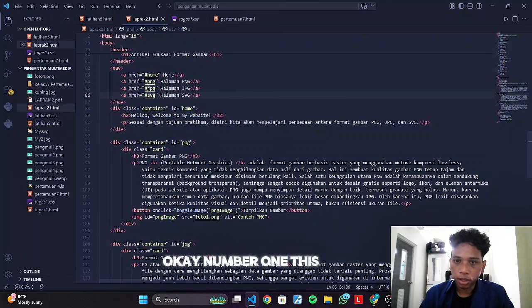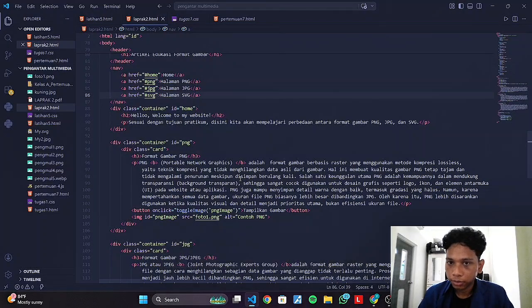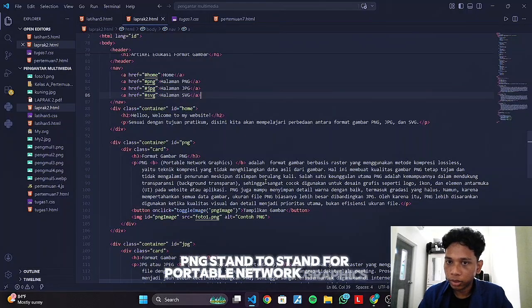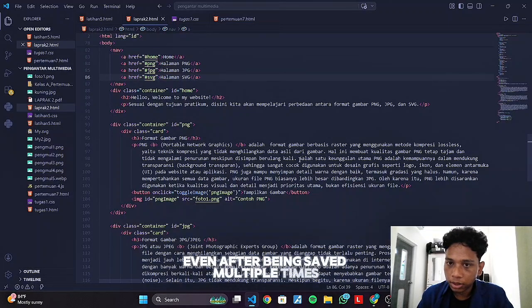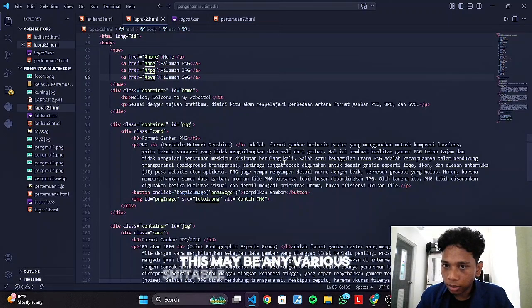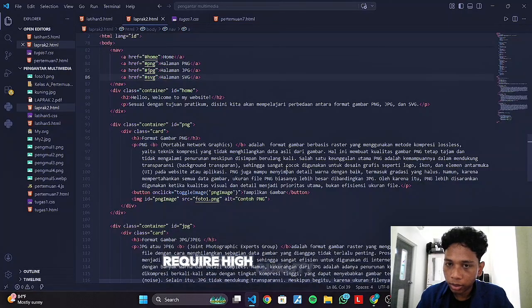Number one, the PNG format. Next, I will explain the PNG format. PNG stands for Portable Network Graphics, which is a raster-based image format that uses lossless compression. Lossless compression means the image does not lose any quality even after being saved multiple times. This makes PNG very suitable for images that require high quality, such as graphic design, logos, icons, and user